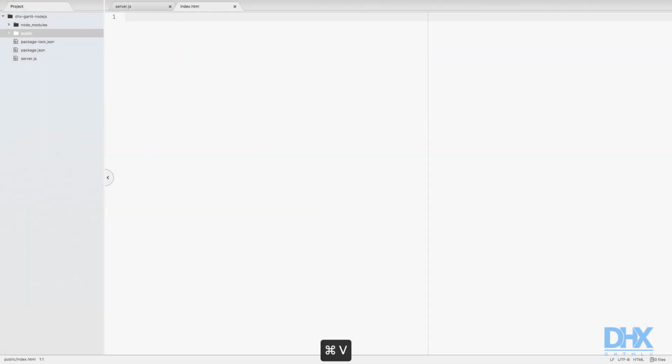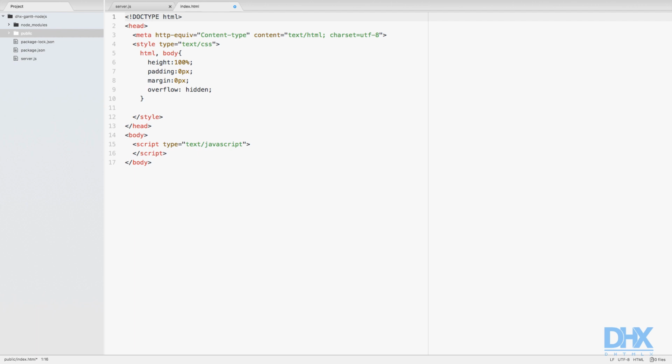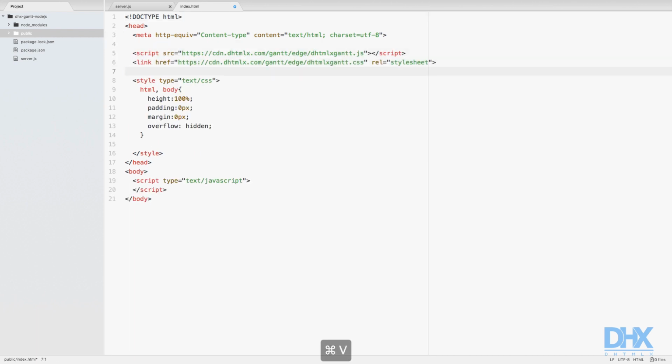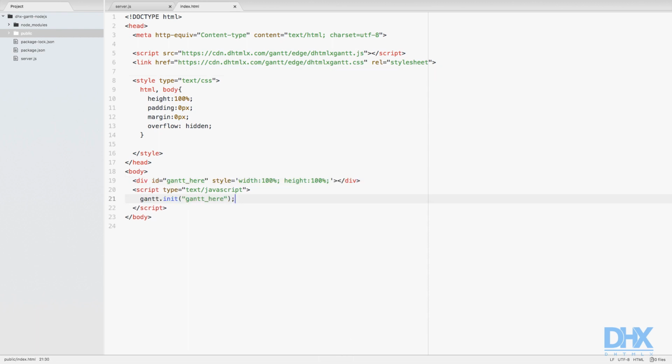Let's look closer at the Gantt initialization. The first thing you need to do is to display the chart on the page. There are just 3 simple steps. In the first instance, we add the Gantt library to the page, then create an HTML container on the page, and initialize Gantt in the newly created container with the init method. As a parameter, the method takes an HTML container, or its ID, that the Gantt chart will be displayed in.